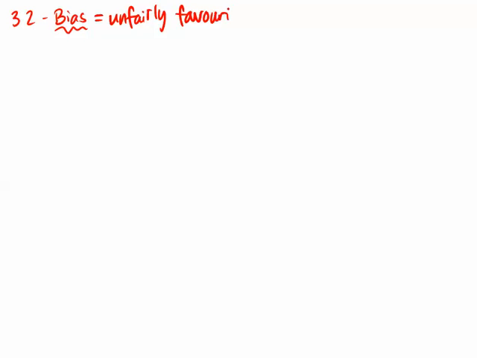Great, welcome back to chapter 3.2, which is on bias. Bias is a really cool word in math because it basically means that we are unfairly favoring a group, which means we're also unfairly unfavoring the other part of the group. In general, either on purpose or by accident, we might be unfair when we're giving a survey. So a biased survey